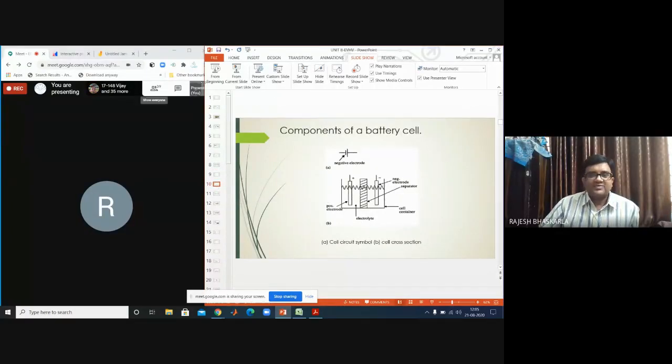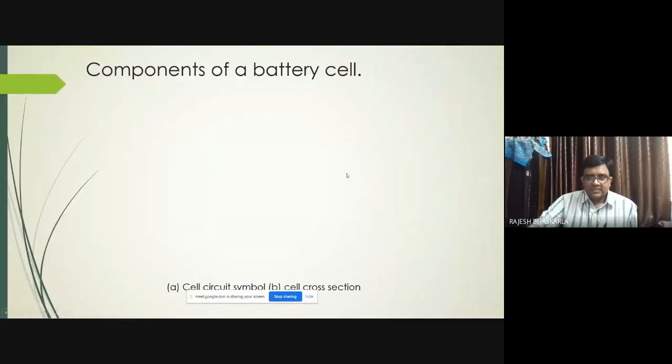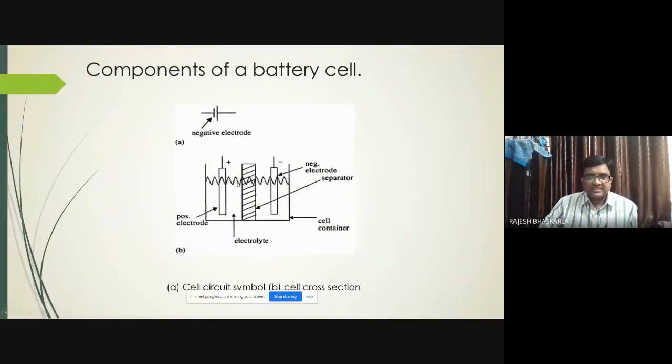Then again, I'll repeat this once again. Okay, right. So here, what I have discussed is, this is the positive electrode. We have electrodes, and then we have electrolyte and a separator in a battery. Now, the positive electrode attracts the electrons, and the negative electrode releases the electrons. So when the battery is in the discharge cycle, the negative electrode releases electrons and the positive electrode receives the electrons.